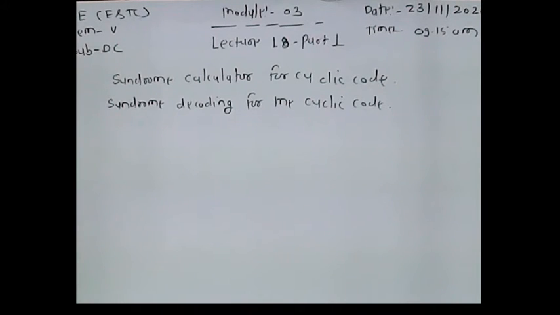The syndrome is computed at the receiver side when we decode the transmitted code word X to the received code word Y. By using syndrome, we can find out whether error is present or absent. With the help of syndrome, we can detect whether the transmitted code word is equivalent to the received code word. So basically, syndrome is used for error detection and error correction in cyclic code, the same as in linear block code.